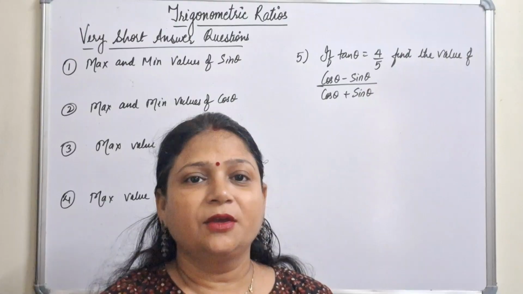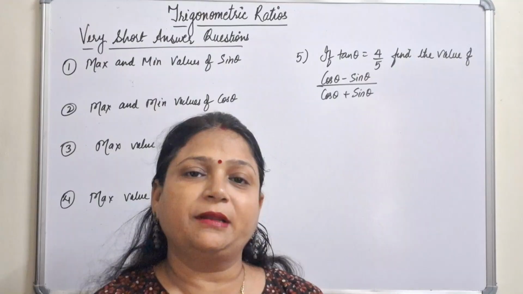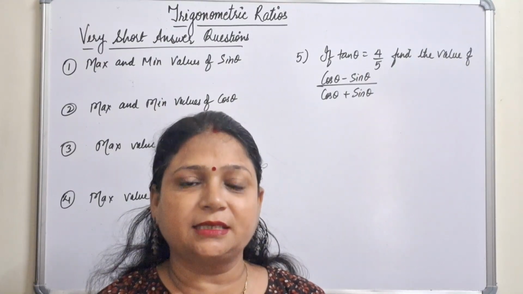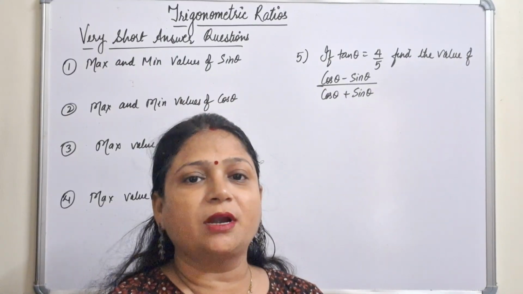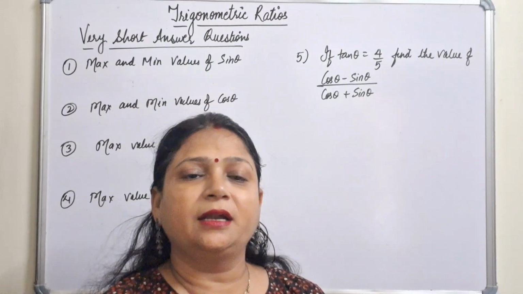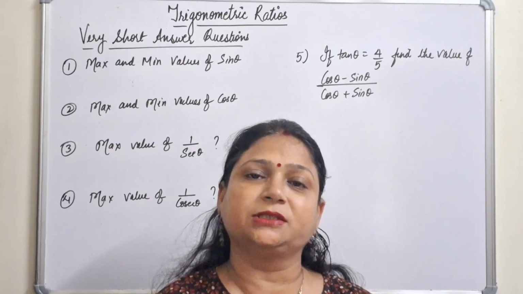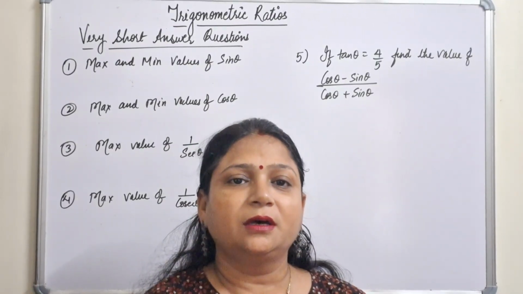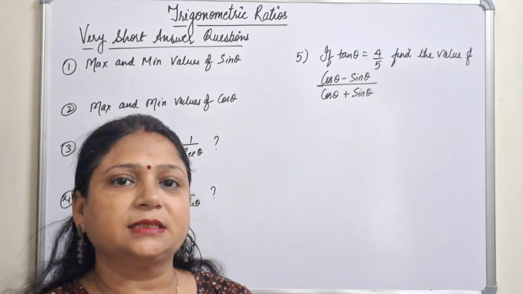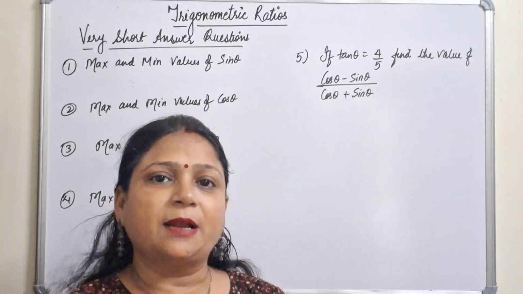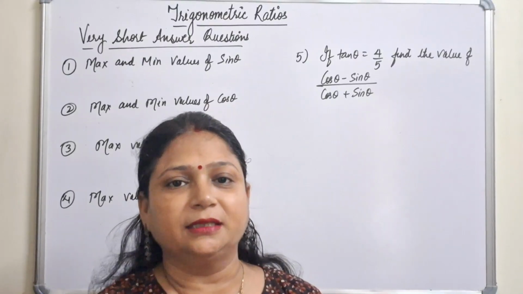In the previous videos, we have completed exercise 9.1 and 9.2 of trigonometric ratios, and after these exercises in this R.D. Sharma book, we are having a small exercise of very short answer type questions, and I found that in this exercise you are having many questions repeated in the examinations. So I thought we have to discuss these questions. So in this video we will be discussing the exercise, and after that this chapter will be completed, and in the next video we will be starting with trigonometric identities.